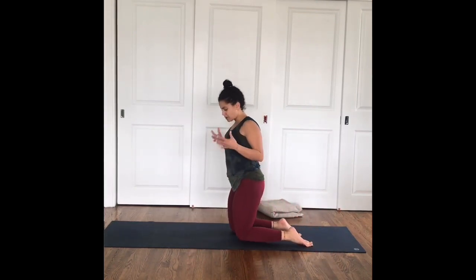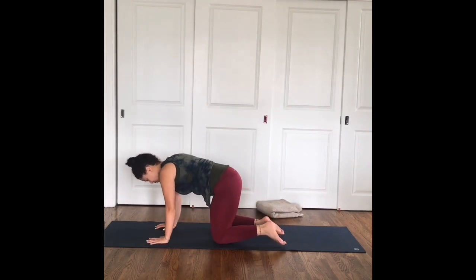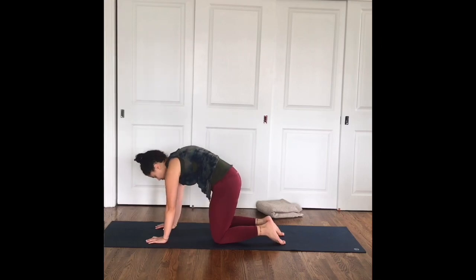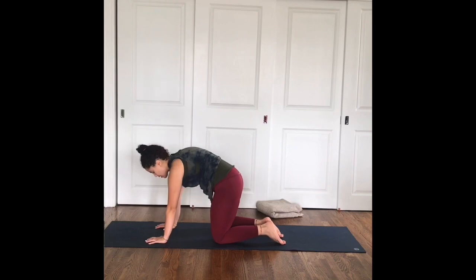First, we'll start with some traditional movement with your hands under your shoulders and your knees under your hips. We'll do cow and cat for 3 rounds of breath or more. It depends on how many you need today. And I'm going to start to spice it up a little